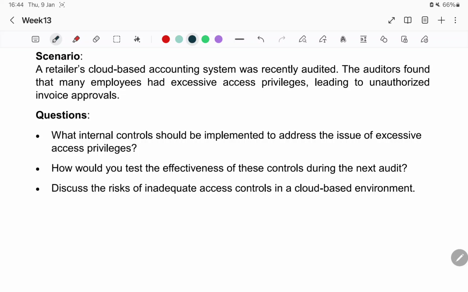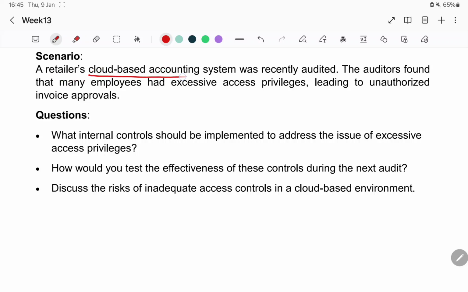What happened over here? You understand what happened now? You don't get it? You don't get which one? The questions or the case? You don't understand the case. Okay, the case over here tells you that